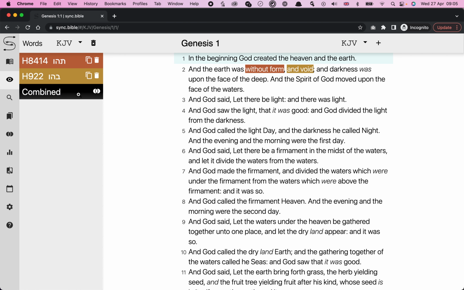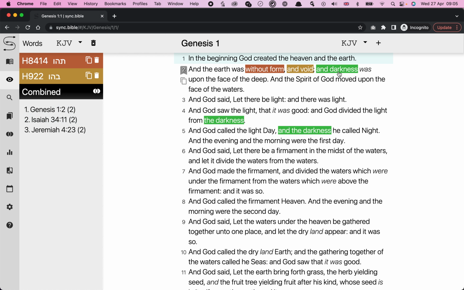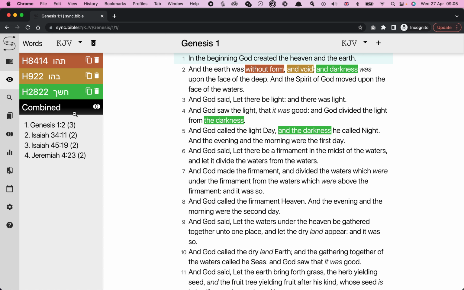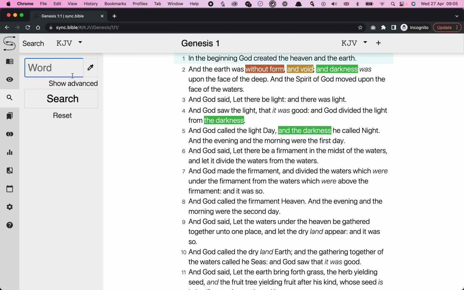This panel was here before, which shows you a combination of those two searches together and how many times the words are used in those passages. If I add, say, darkness as well, then you see Genesis 1 verse 2 has all three words, but the others are used in these verses. The same thing is now available in the search panel, so I could search for deep in here, say,